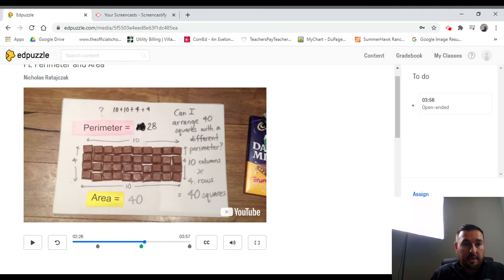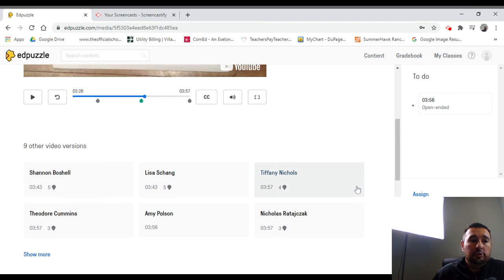That's going to be the same thing. There's going to be a person that's going to go over perimeter and area, but the difference is they're going to get graded on that one. Okay. So now to assign this, if you look at this right-hand corner over here,